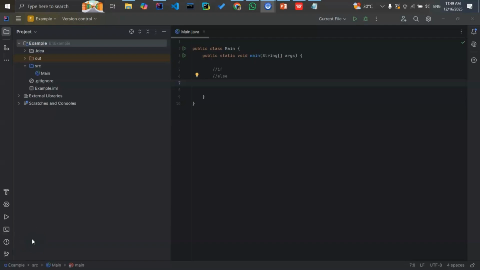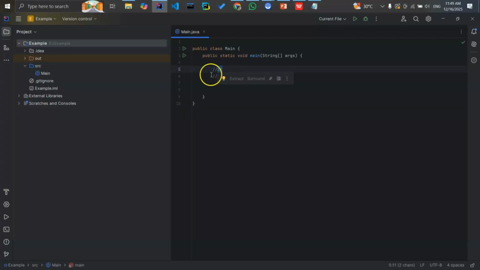Let's discuss if else. If a condition is true, do something, else, do something else. If it rains, take an umbrella. Else, go normal. First, create a variable named age,